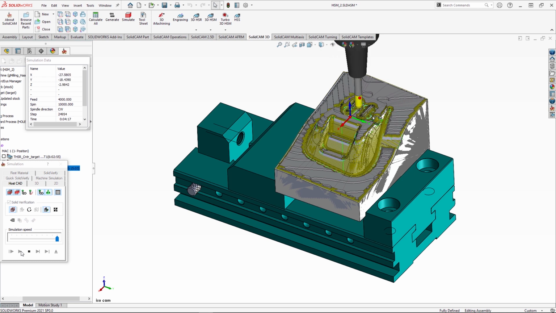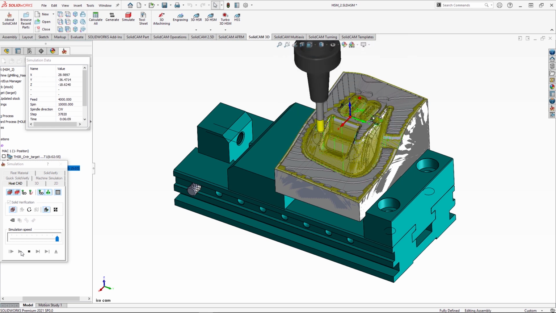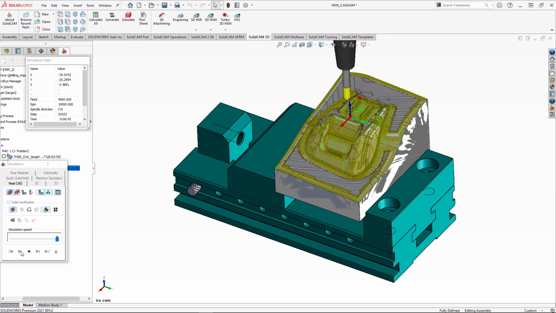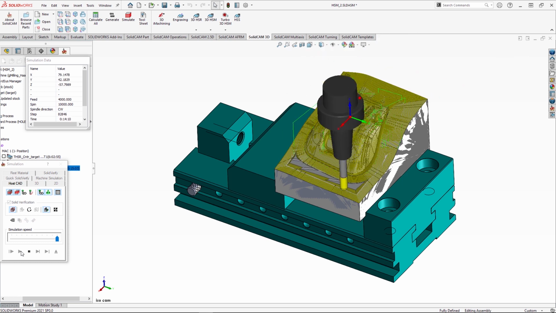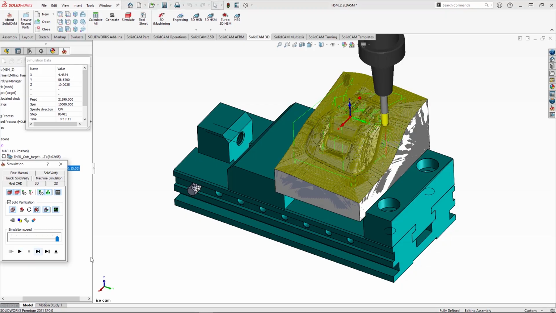From there we can see now the constant step over starts going through and cutting the material away where needed. It's a great toolpath for areas that are shallow, and you can see goes and cuts across them with relative ease by wrapping a contour operation up and down the slopes where needed. Finally, as this finishes, we'll further increase the clip speed just so we can see the finish of the toolpath, and you can see it goes round and clears up every part of this part really nicely.